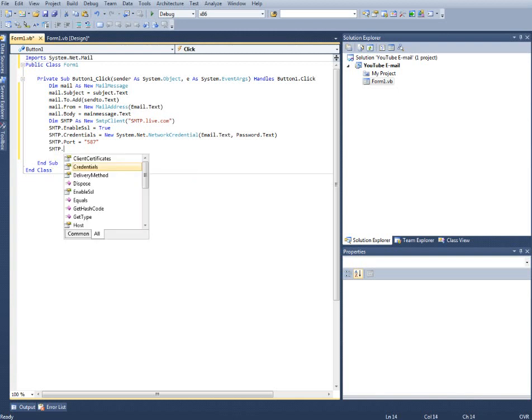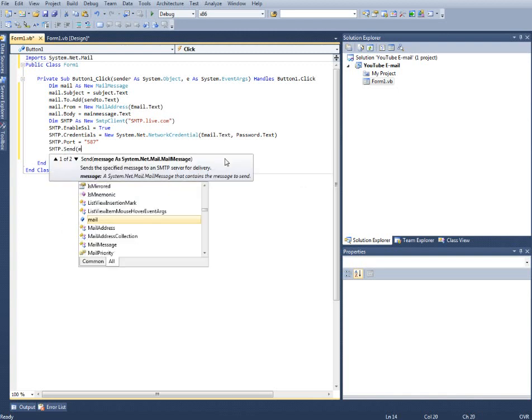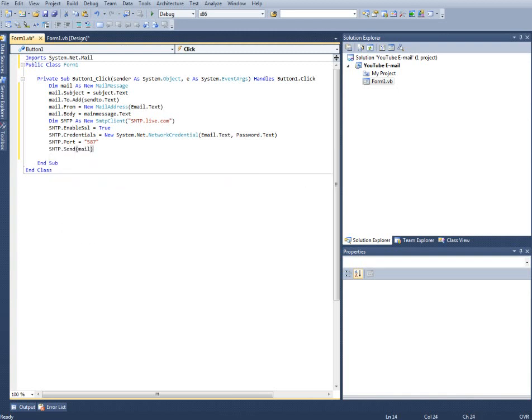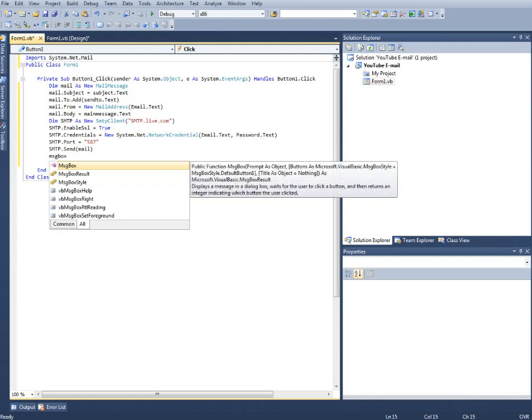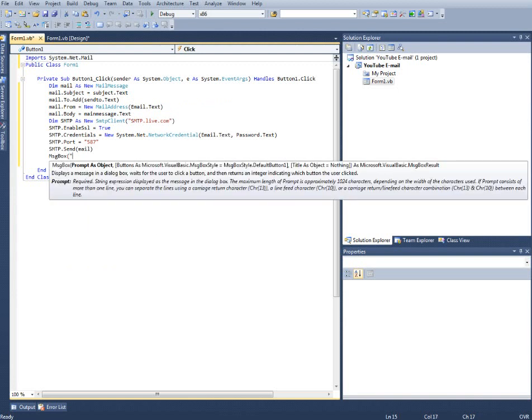SMTP dot send. Oh, and I think it's in brackets, mail. Yes, it is. And then, so that's all the coding done. So that's all the required things done. And just to let you know that it works, we just need to put, sorry about this,